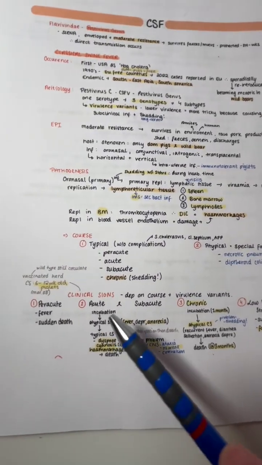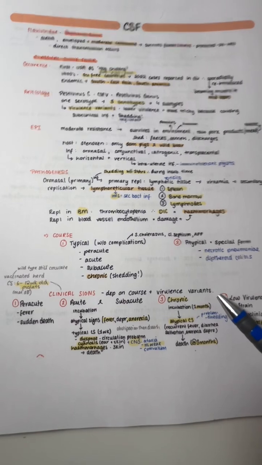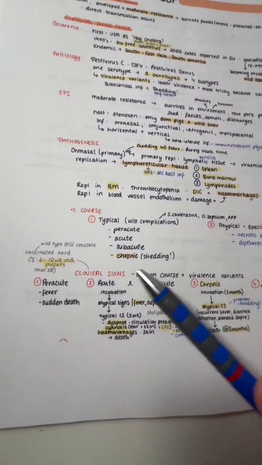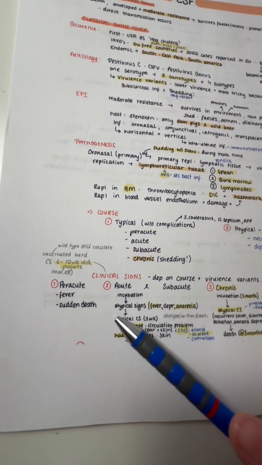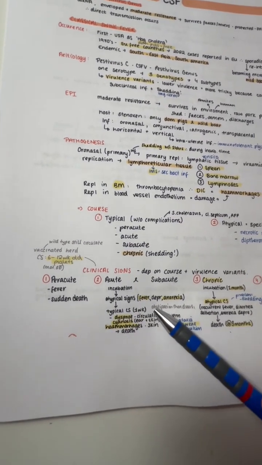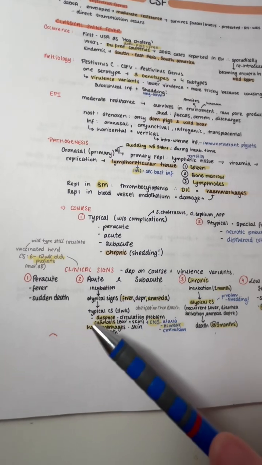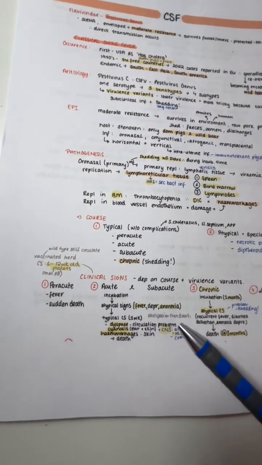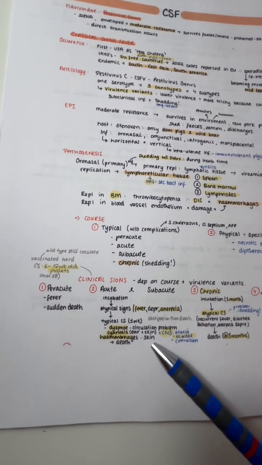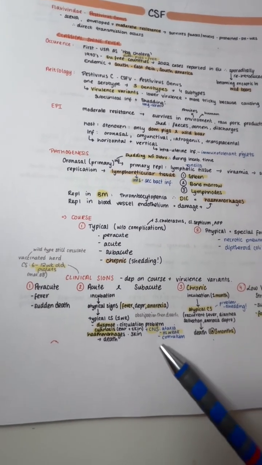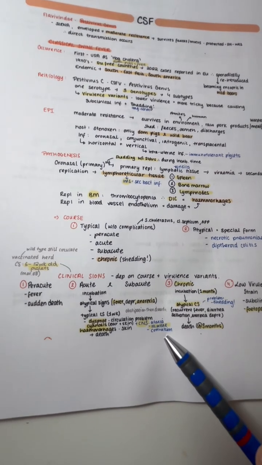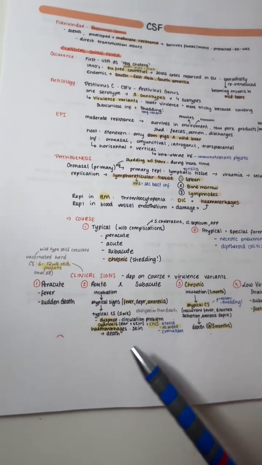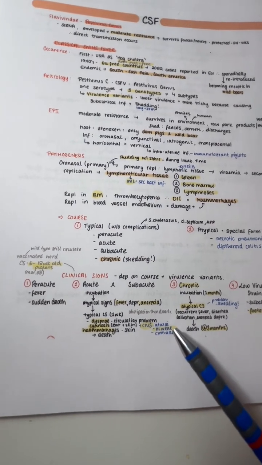For the clinical signs, it depends on the course and the virulence variance. In a peracute infection, we see fever and sudden death. In an acute infection, there's the incubation period, then the atypical signs, so they can have fever, depression, anorexia, and then the typical signs after 1 week. They can have dyspnea, circulation problems, cyanosis in the ear, skin, and central nervous system signs such as ataxia, weak hind limbs, and convulsions. They can also get hemorrhages on the skin, and they can die. They often have constipation and then diarrhea.